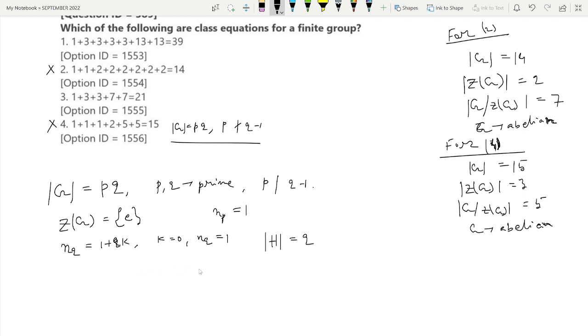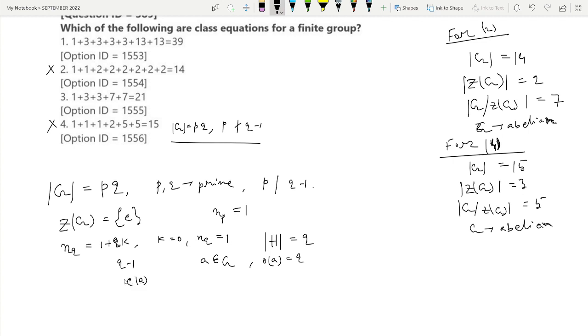And see, there are q minus 1 elements of order q. So if A belongs to G is such that order of A equals q, there are such q minus 1 elements, and for this type of element, whose order is q, the centralizer of that element should be